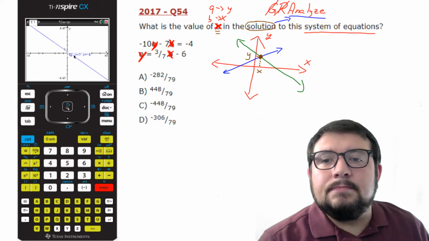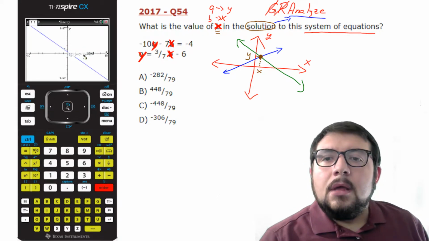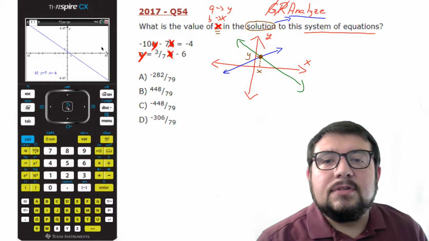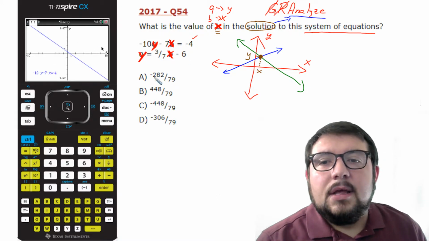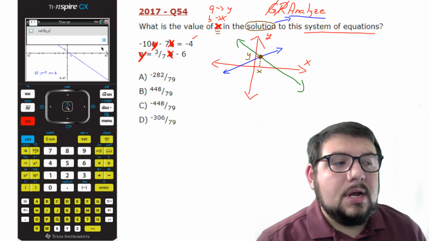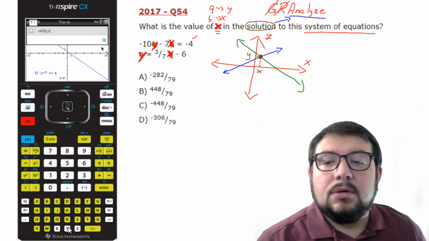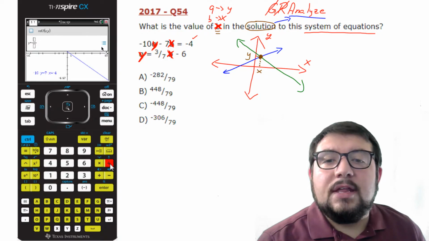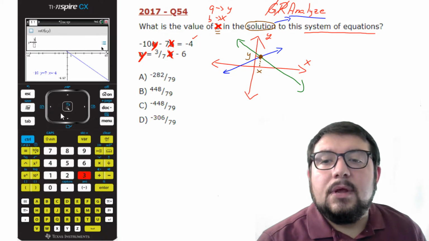Okay, I don't have to do anything crazy. That will make a graph. So that's the first graph. That one's done. Now to graph the second one, I'm going to push tab, and I'm going to copy in the second equation. Y equals. To make a fraction, control and divide, and then put 3 over 7, and there I have x minus 6,